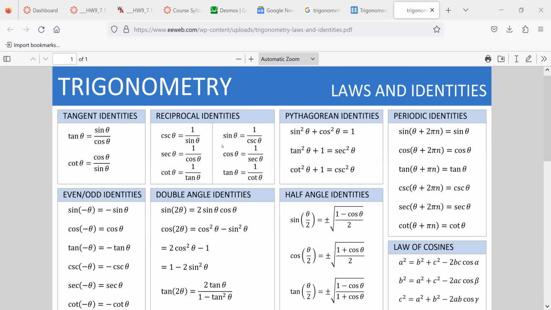Sine is 1 over cosecant. We've defined it this way, and we've said, well, cosecant, we define this one. So obviously, if you were to flip both sides, you would get the other one, right? We've said tangent is equal to sine over cosine, and cotangent is the opposite, actually a reciprocal, which leads you